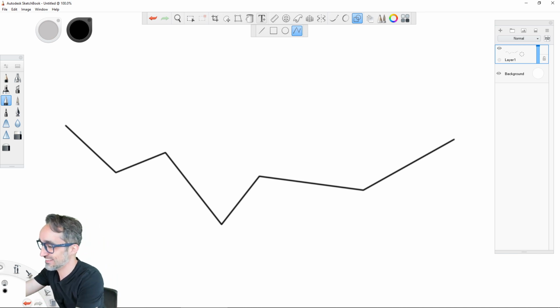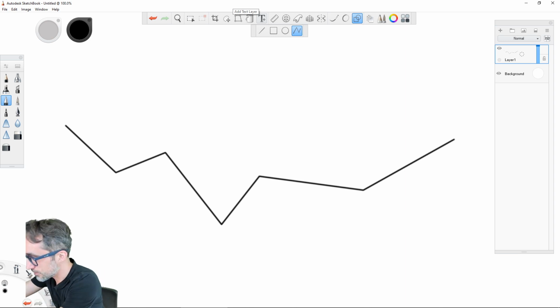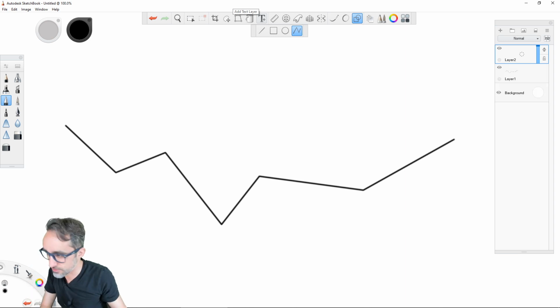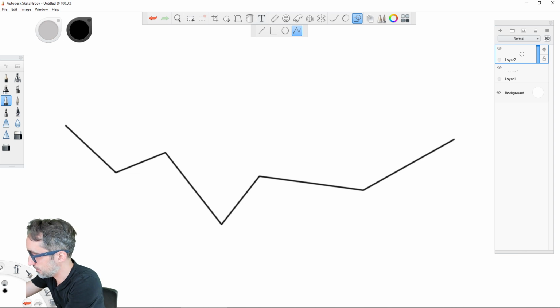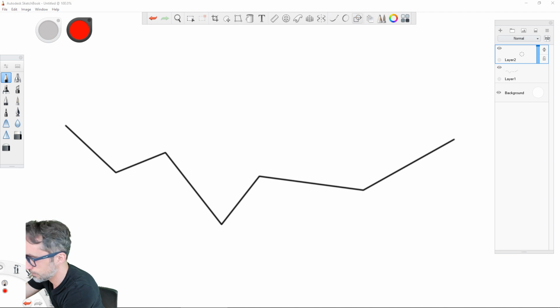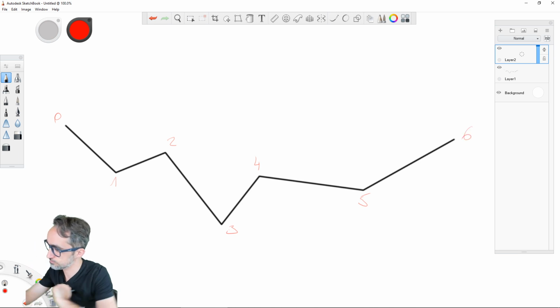Okay, and I'm gonna label this. I'm just gonna do this manually because otherwise it's gonna take forever. So I'm just gonna label this. This is going to be point 0, 1, 2, 3, 4, 5, and 6.